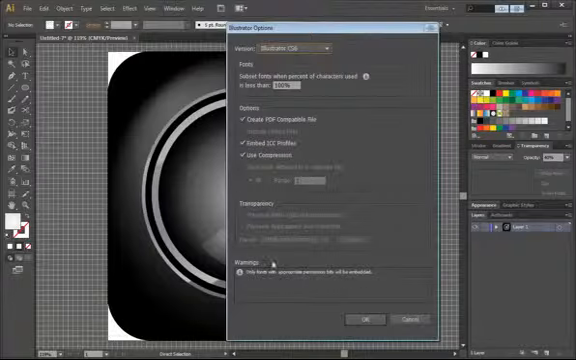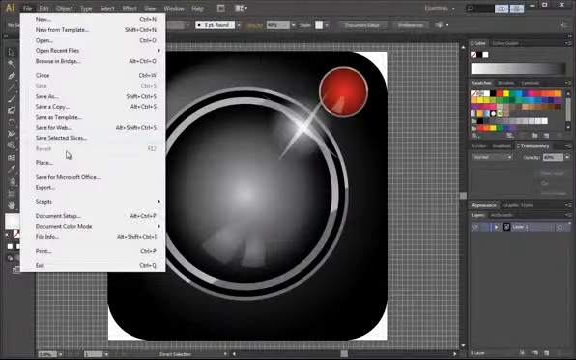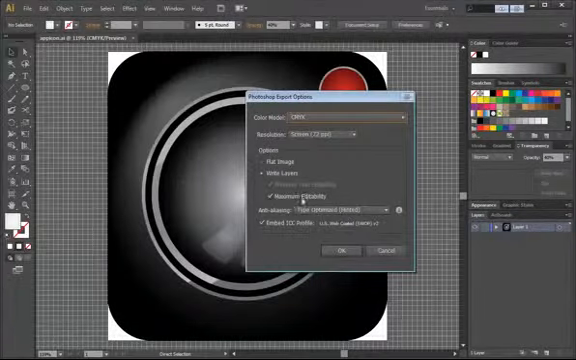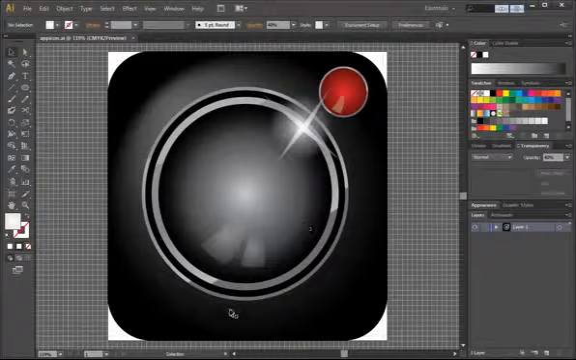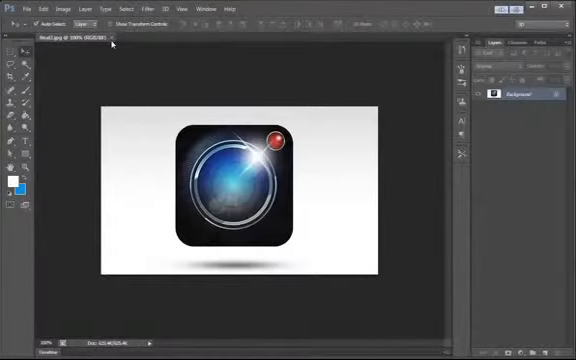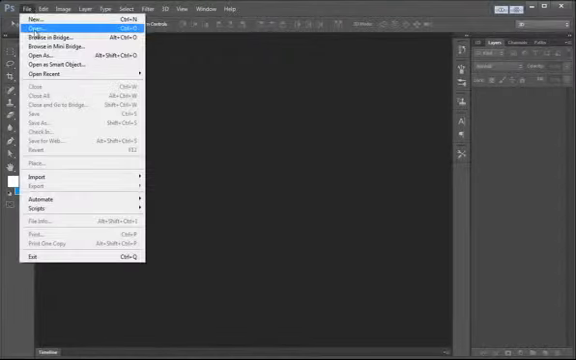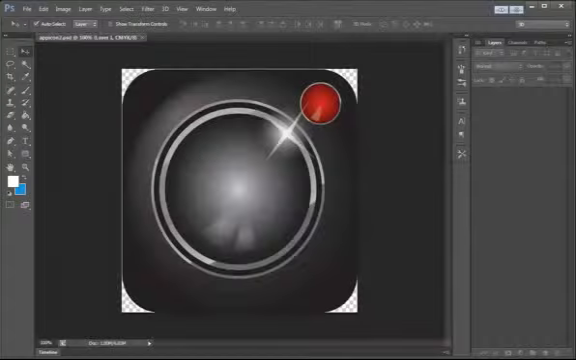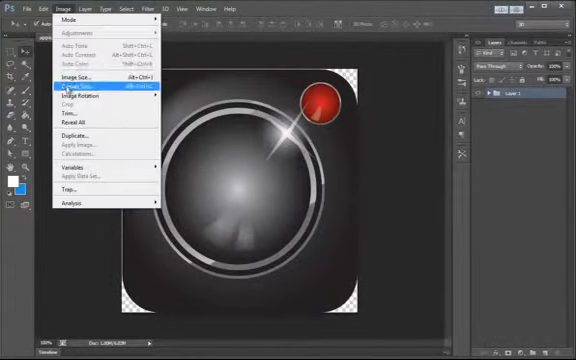And when we export it as a PSD, we'll import it into Photoshop. I'll just name mine App Icon 2. And make sure Right Layers is selected and screen is at 72. We'll hit OK. And then in Photoshop, I will go to File Open and open that file we just created. And I'm going to adjust the canvas size here